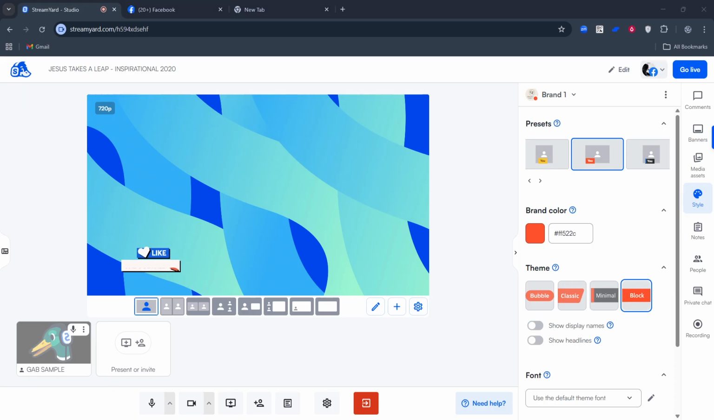If you decide later that you want the names back, simply return to the same Display Names toggle and turn it on again. The labels will reappear instantly. A few quick notes to keep in mind. This setting is visual, so it doesn't remove or change anyone's actual account name, and it won't affect private chat